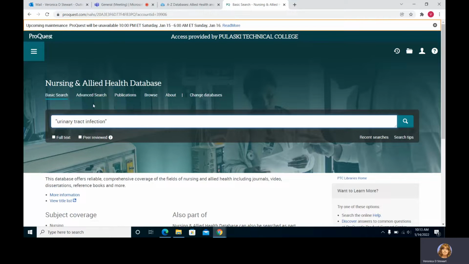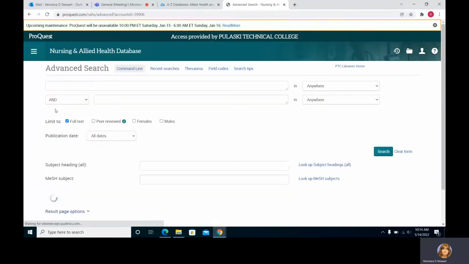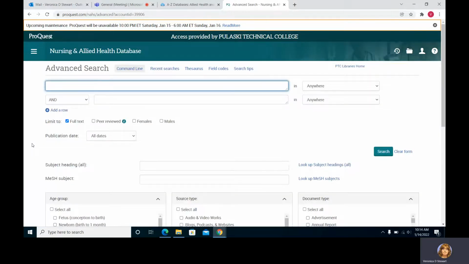I will come back to this screen, which is a screen I know we started on, but you can do an advanced search. See how the options here, basic search is what we started with. I'm going to hit advanced. What an advanced search does, as you can see, is give us more boxes to play with. This is a good thing because more boxes mean I can put in more search concepts. So I know I want